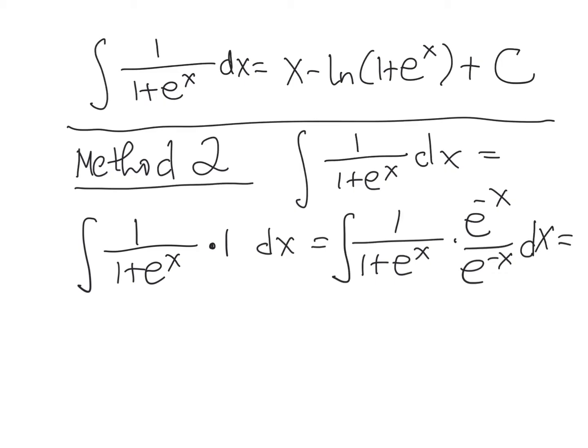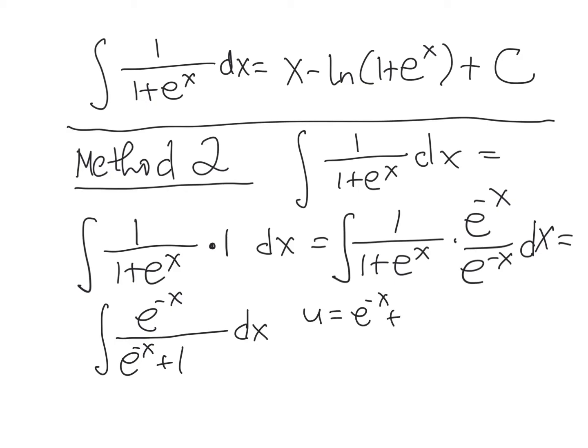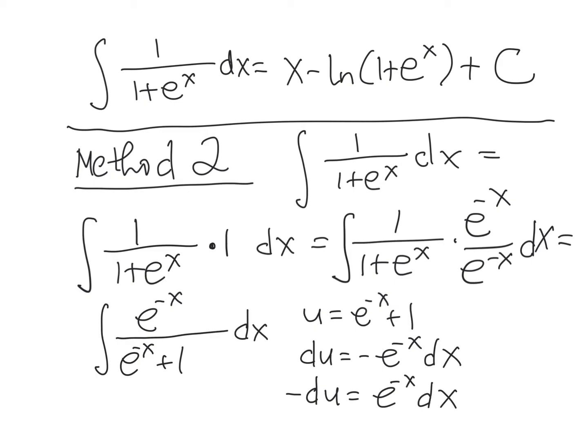The numerator is 1 times e to the negative x, which is e to the negative x. The denominator is 1 times e to the negative x, and then e to the x times e to the negative x is 1. And then once we transform the integral into this equivalent form, we let u equal e to the negative x plus 1. du equals minus e to the negative x dx, or minus du equals e to the negative x dx. And hence,